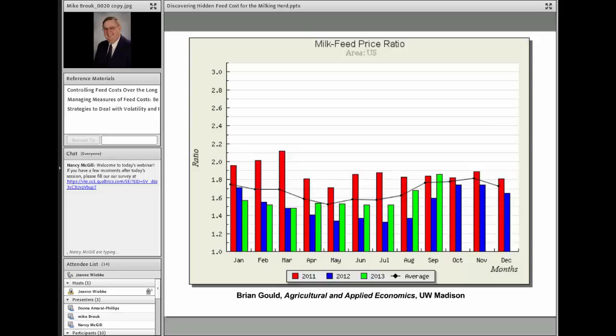So I do want to remind everybody that you have to go up to the top of that screen to 3 basically on that chart to find where we used to consider anything above that level to be a good place for the dairy farmers. It's been a long time since we've been there. So we are operating on some very, very narrow margins when it comes to feed cost. Even though things have improved, we still have some issues out there that are really making it a challenge for